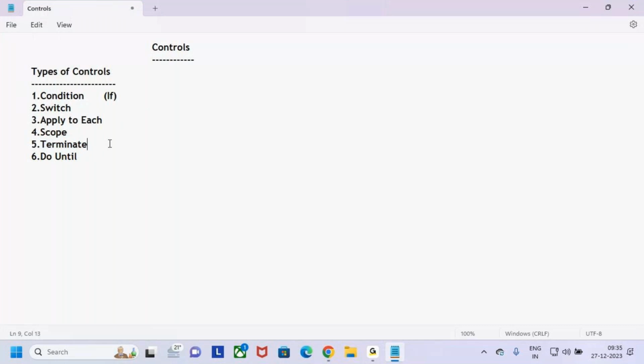Let me keep it here. What is the functionality of this terminate? It terminates a control statement. It is used to stop the running flow, guys. If the flow is running and you want to stop that flow in the middle, let's say